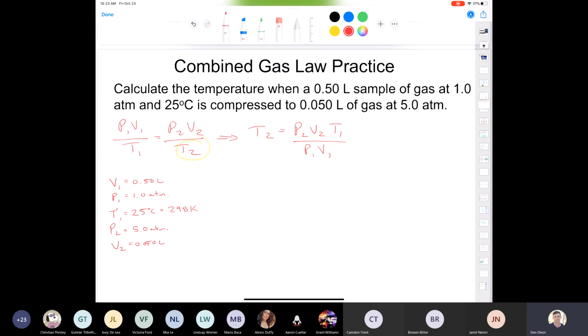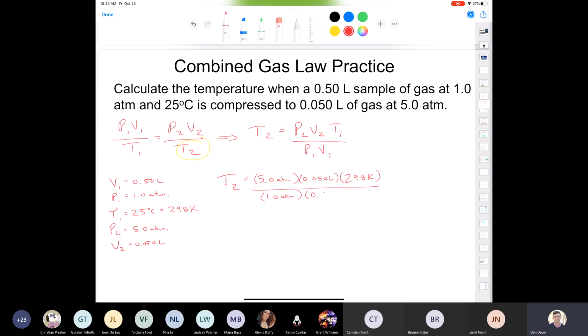So now it's just a matter of plugging all of this into our equation. T2 is equal to P2, which is 5.0 atmospheres, times our final volume, 0.050 liters, times our T1, which is 298 Kelvin, divided by P1, which is 1.0 atmospheres, multiplied by V1, which